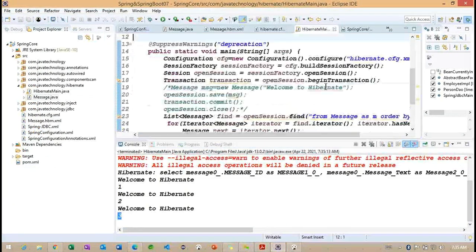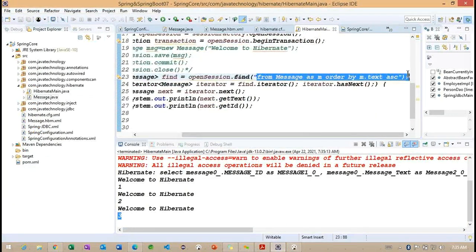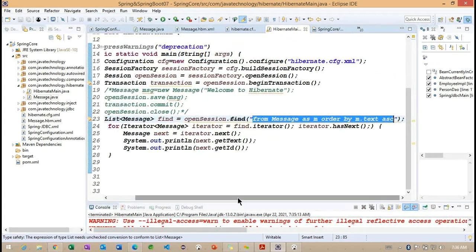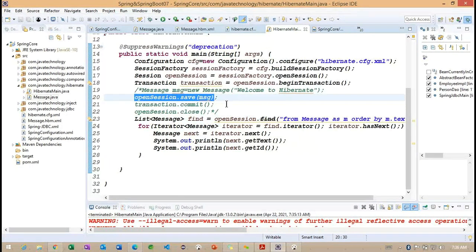But now understand here, we are not working with SQL, the structured query language. We are working with HQL, Hibernate Query Language. Getting the point. We'll have more information on Hibernate Query Language in the upcoming classes. But now we need to understand a simple example: how exactly this example is working, how we insert the data using session.save, and how we load the object using the find method.